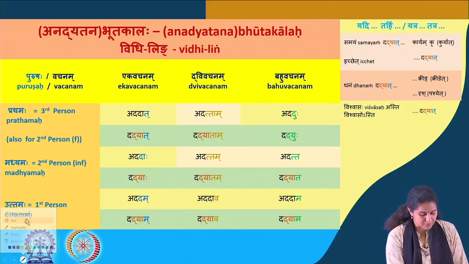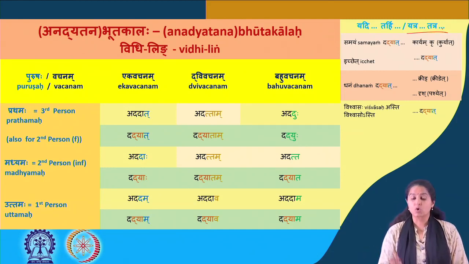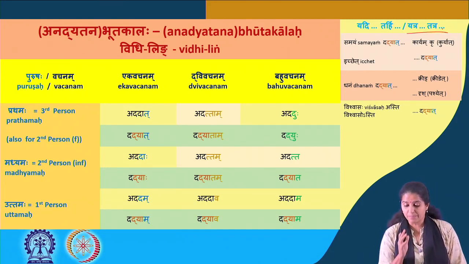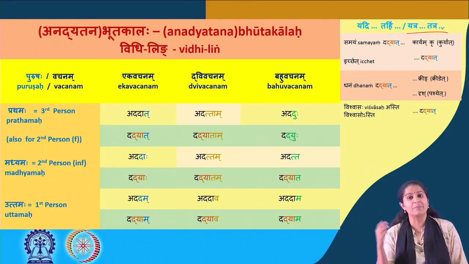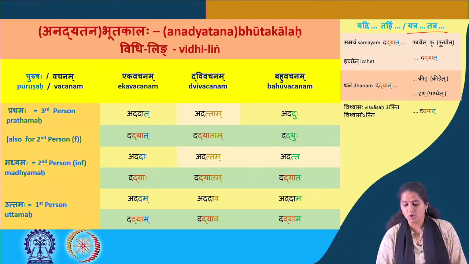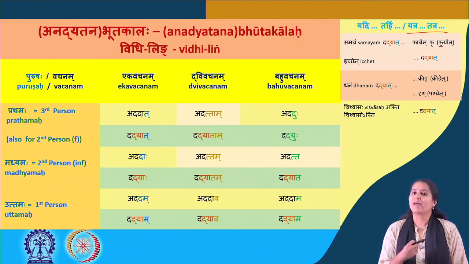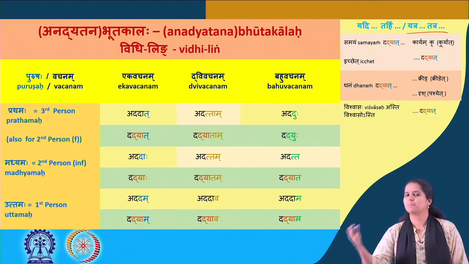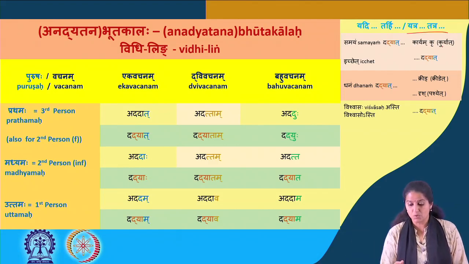Let's do an application on the little table that we have there, and I'd like us to use the forms yatra, tatra, where, there. So samayam dadyat, so he should give time and he should work there. So where he should give time, there he should work. Yatra samayam dadyat, tatra karyam kuryat. Next one, wherever he wants, there he should give money or flowers or whatever. So yatra icchet, tatra samayam dadyat. Money, give money, tatra dhanam dadyat.